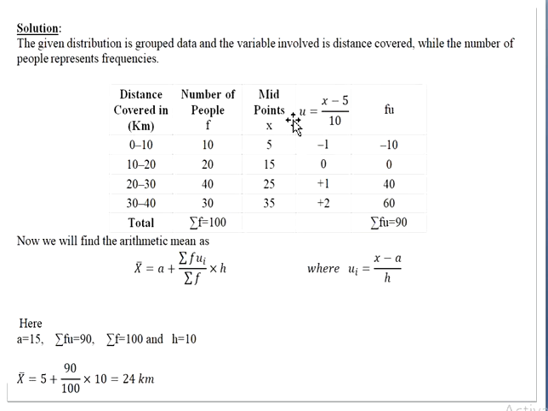See, there are two cases: whether the change of origin or scale is mentioned in the question, right? If it is already given in the question that this is the transformation, and you want to find the arithmetic mean by u, and u is equal to x minus 5 over 10, then you use that formula. But if it is not given in the question, then you generally take a from